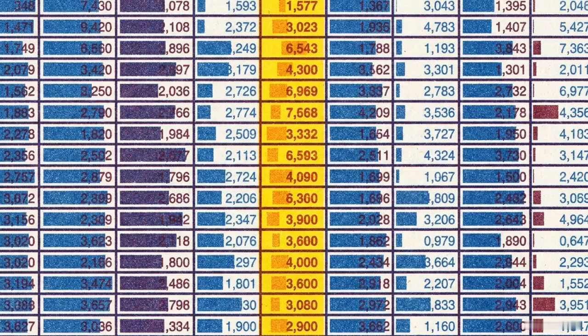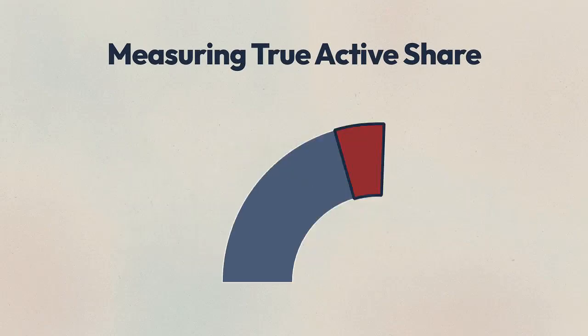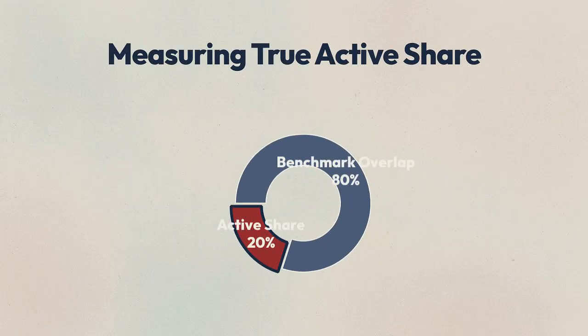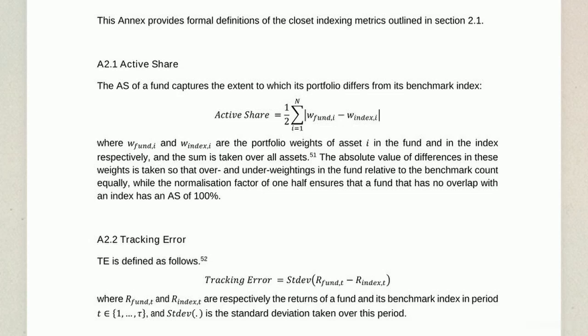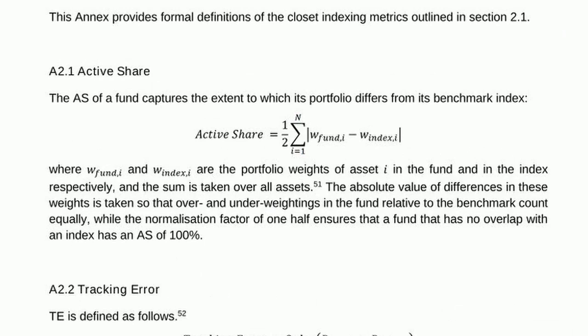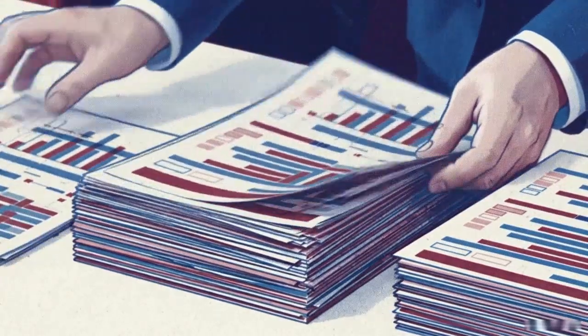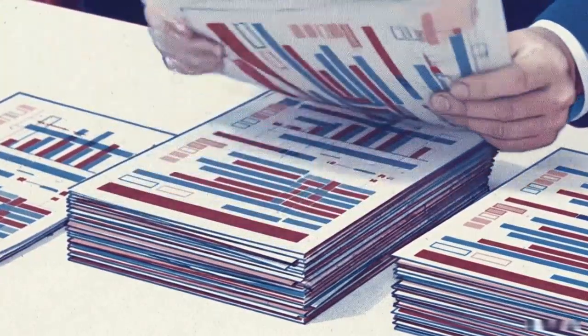To identify them, we use a specific metric called active share. It calculates the exact percentage of a fund's portfolio that is truly different from its benchmark index. This formula provides an objective mathematical audit of effort. By comparing every individual asset weight in the fund against the index, we can see exactly how much of your money is being actively managed and how much is just being parked. Active share ensures that when you pay for professional expertise, you are receiving a specific, differentiated strategy rather than a